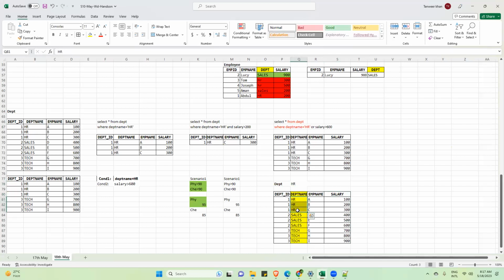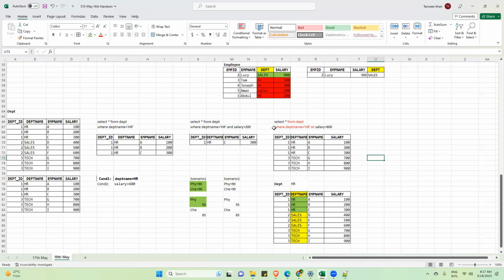All these records will satisfy the condition HR. So based on the first condition, we got these 3 records. Hope it is clear. Okay. Now listen very carefully. The story is not over. Now you have an OR condition. The moment the engine sees the OR condition, it will understand that the user has a flexible requirement.